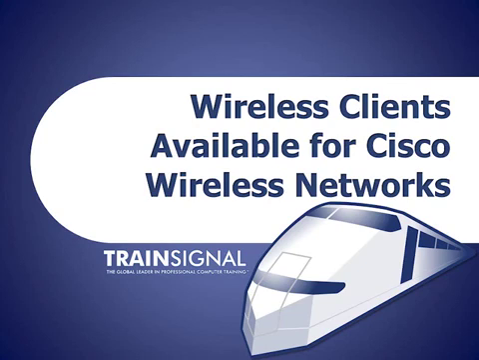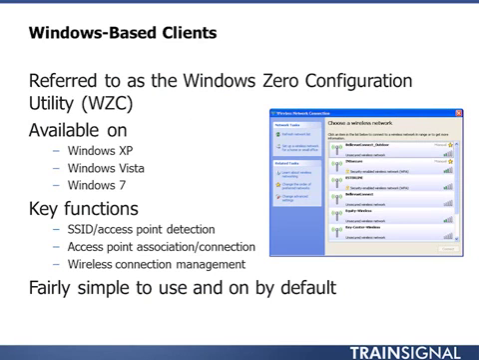And in this lesson we're going to look at wireless clients that are available from Cisco. So when you look at a laptop or a computer that's running Windows, you will configure the wireless client capabilities using the Windows Zero configuration. Now you can actually turn this off and use the application that comes with the wireless radio that's integrated into your laptop. But most people will just use the Windows Zero configuration utility if they're running the Windows operating